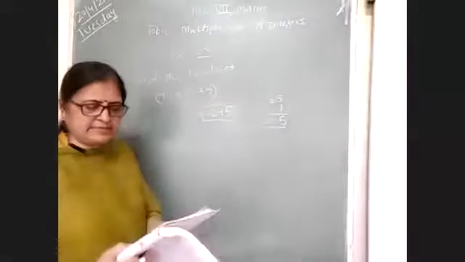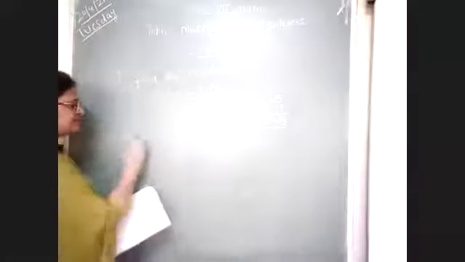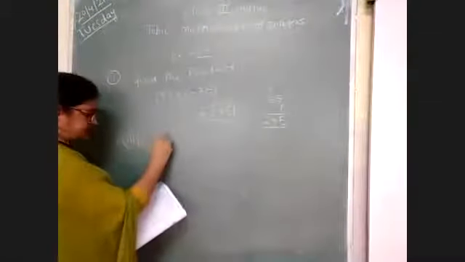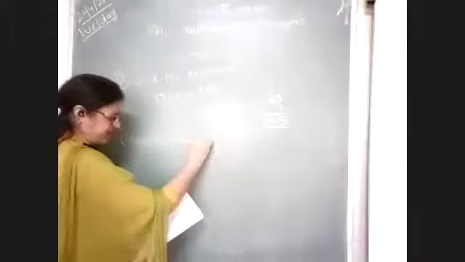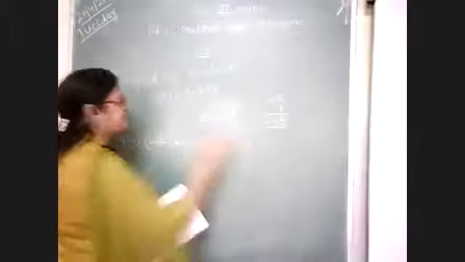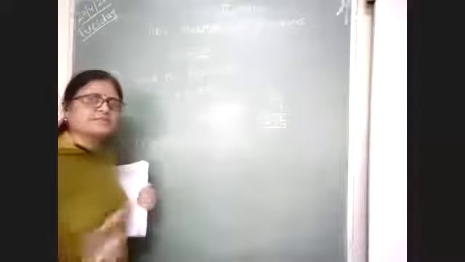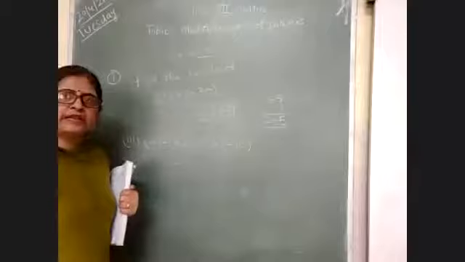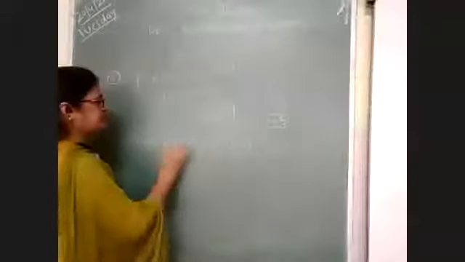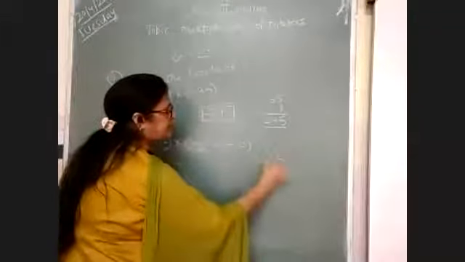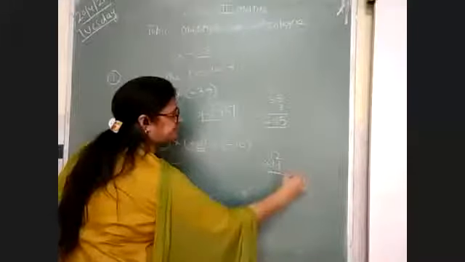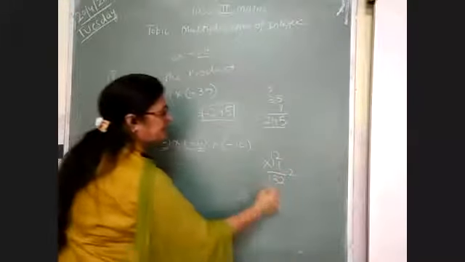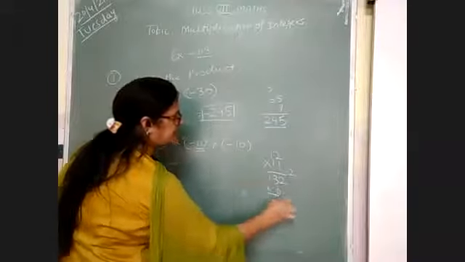Or when 2 or 3 numbers are given, for example, the question is third part, minus 12 multiplied by minus 11 multiplied by minus 10. Now first you will have to see the sign. Minus is given 3 times. 3 is an odd number. So when you write down the answer, it is minus. So first you will multiply 12 multiplied by 11, it is 132, and 132 multiplied by 10, it is equal to